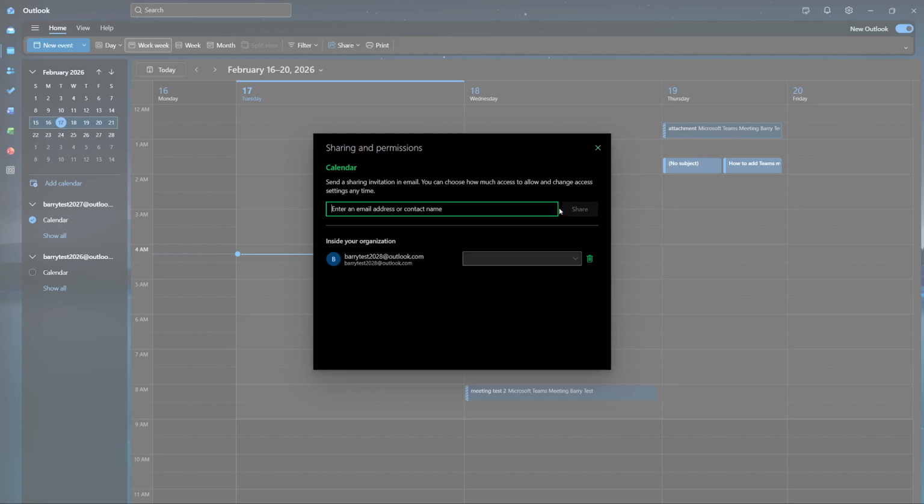That's all there is to it. With just a few clicks, you've shared your Outlook calendar in a way that matches your needs. Whether you're keeping it simple with free busy times or enabling full collaboration with edit access,